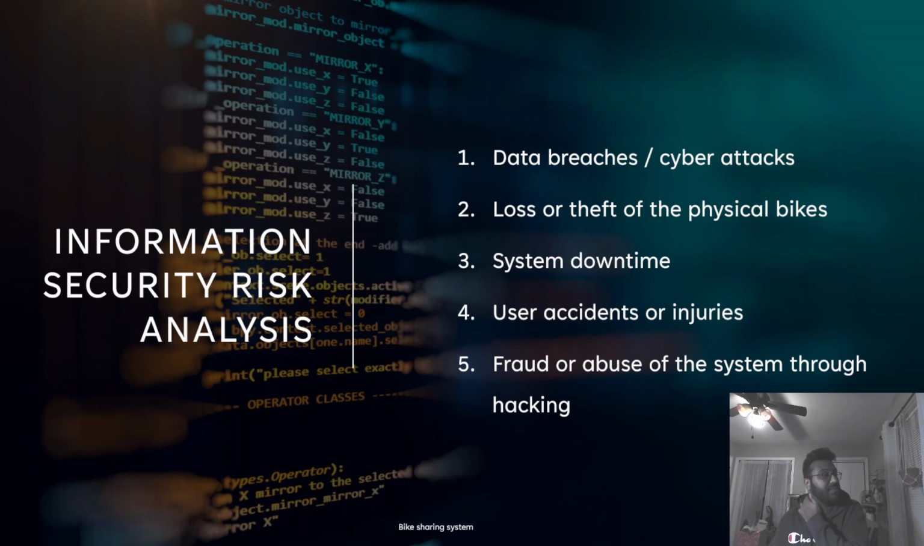So the information security risk analysis, we came across five of them, the first one being data breaches or cyber attacks. Now this is common in today's date. Most of the companies face a lot of problems. We've seen issues with American Airlines. We've seen issues with Walmart, Target, things like that. So it is beneficial that we can take a look at something like this and have some precautionary